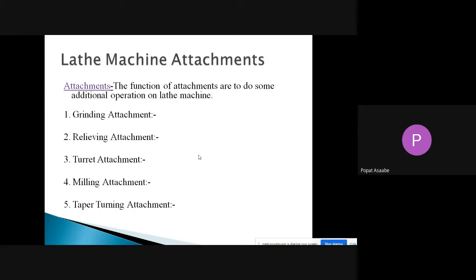Generally, we use lathe machine accessories to improve the efficiency of the lathe machine. In the accessories, we use devices that are useful for holding and supporting the workpiece and the lathe machine tool.